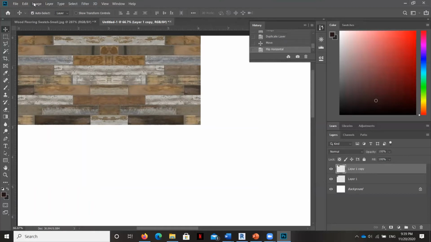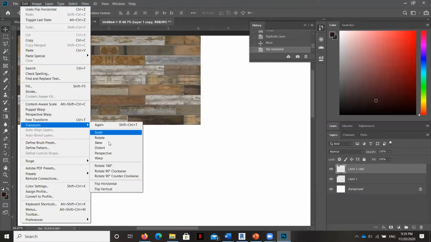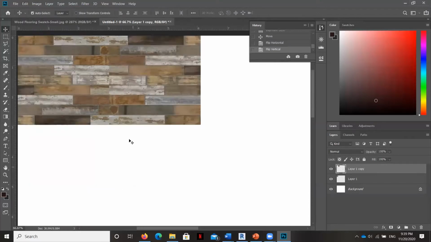And the other thing that I can do is go to edit, transform, and I can flip vertical. And then it's going to flip it over a mirror line that's right here. Now, it didn't really save me a whole lot of time because I still have a bunch of little itty bitty pieces of wood here that I still have to finesse. But those are two ways to make this flipping and replicating go a little bit faster without having to do quite so much repair work.